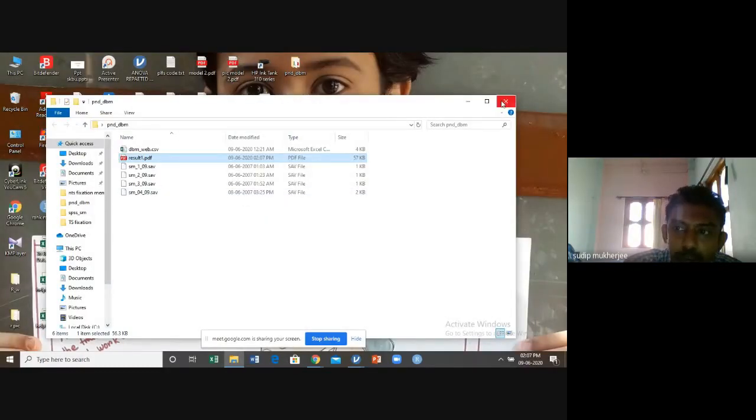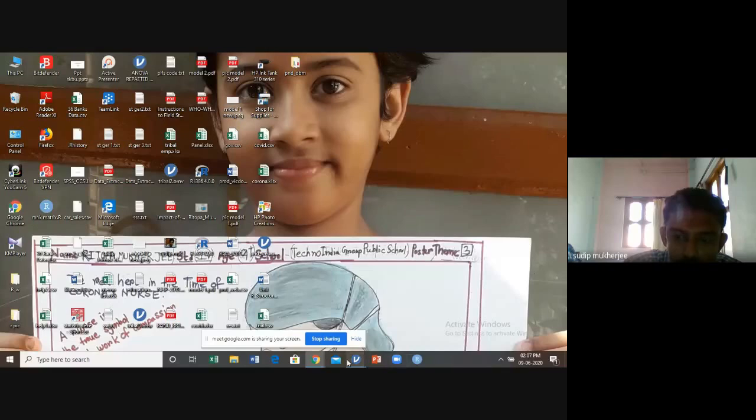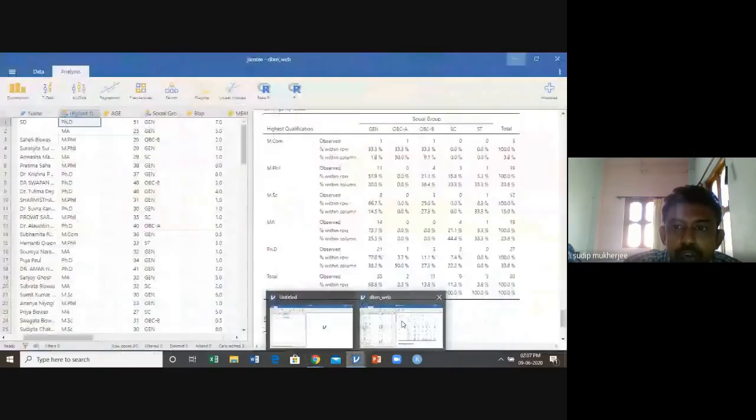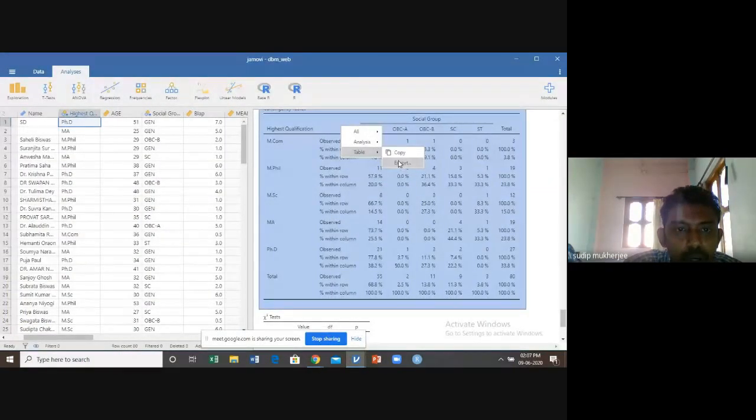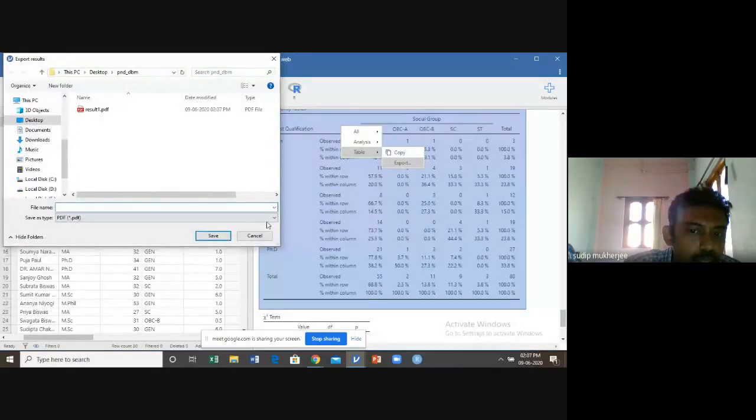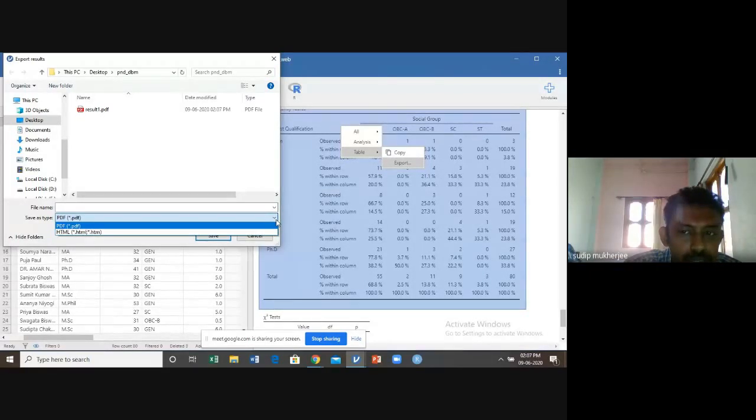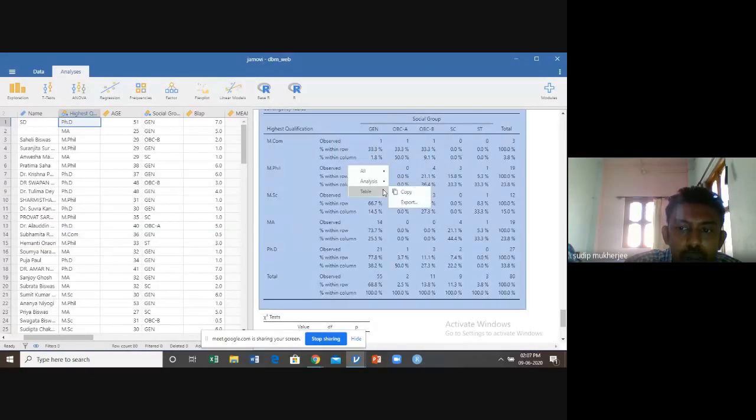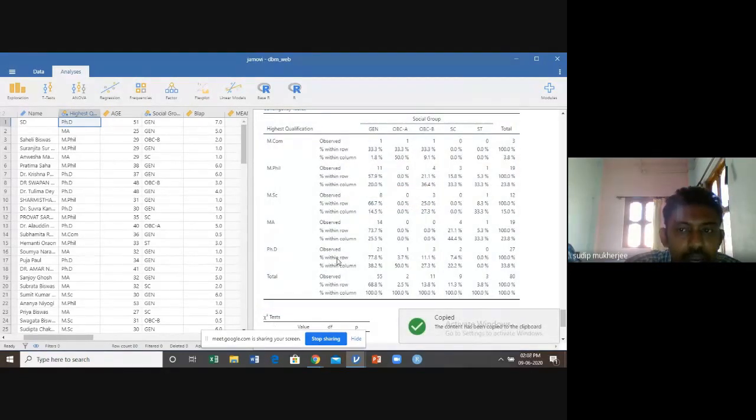You can save this in Word format, or in Excel format also. You can save in the format of your interest. You just export; here is the option. You just click here: PDF or HTML. After saving as HTML, you have to convert it to Excel, or you can simply right click, copy this and paste it on any Word or Excel, whatever you want.